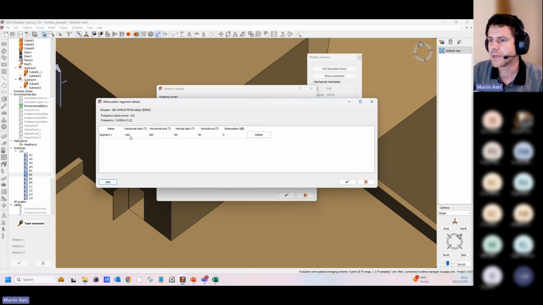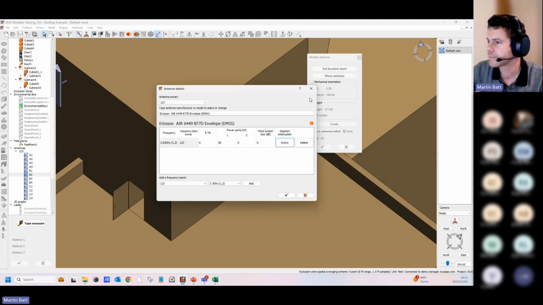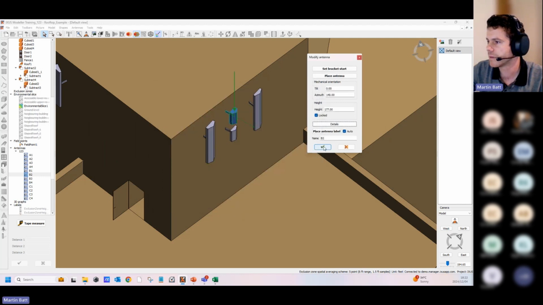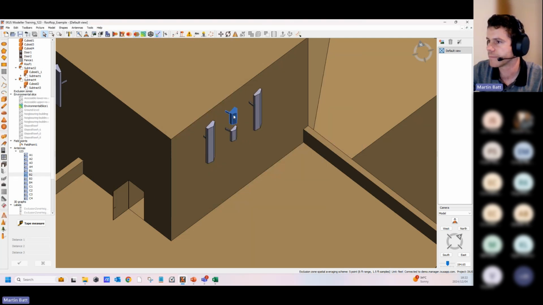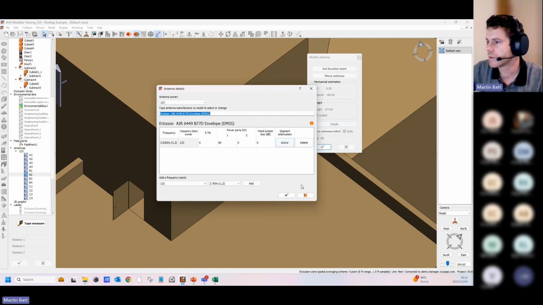But because I've determined that we actually only want to attenuate this section from 30 degrees, 6 dB, you can say it like that. So from 30 degrees to 180. For now, we're just going to do a full vertical range and select OK. And let's do the same with antenna. Oh, that was antenna 3, sorry. No, that was